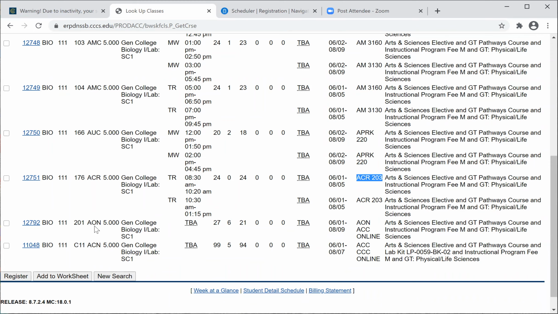And finally, there are two different online codes for the online version of Biology 111, and you'll see that campus code. You will not see a breakout of days, times, and separate days and times for lecture and lab. You will just see TBA because that is an online course. It is held asynchronously, meaning there are not specific days and times that you need to log in. There are due dates, but there are not days that everyone is expected to log in at the same time. And you'll see in the room number that it lists the online section.